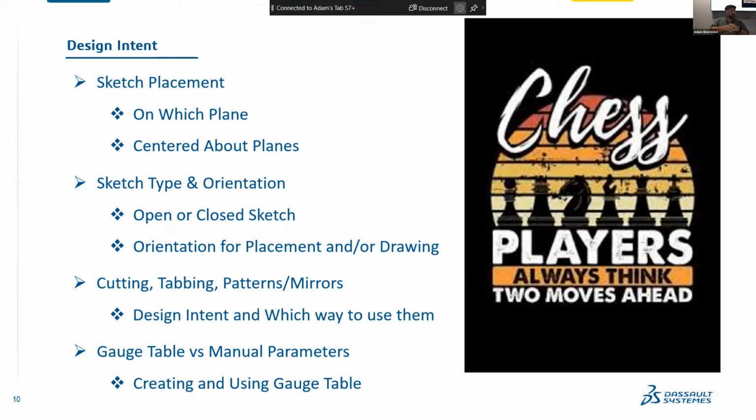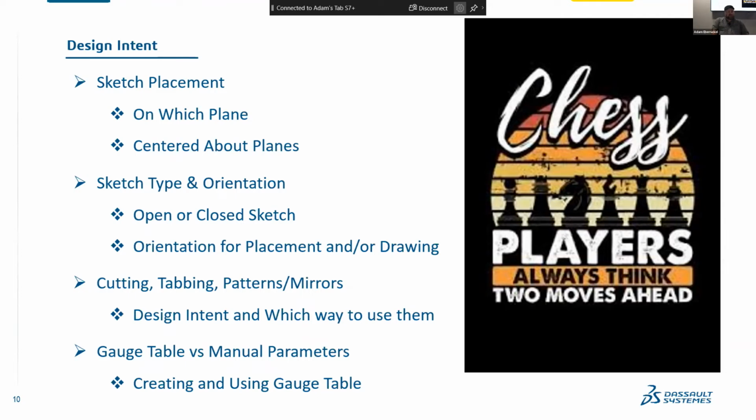How does it affect when I place these flanges here and maybe add a cutout, and then I go back and add those dimensions in certain locations? How does that affect those flanges and cutouts? Is it going to move the way I want it to move? So design intent is a big thing to think about